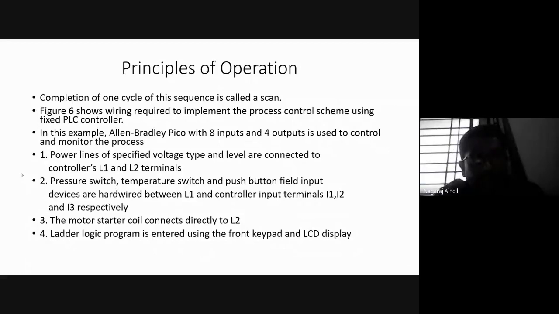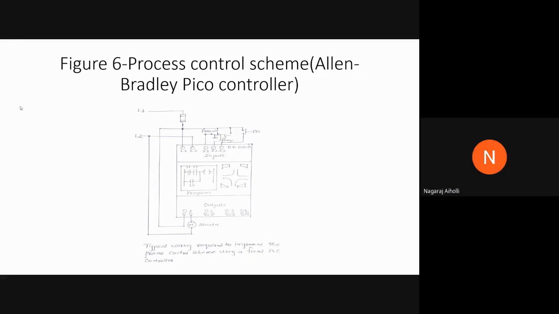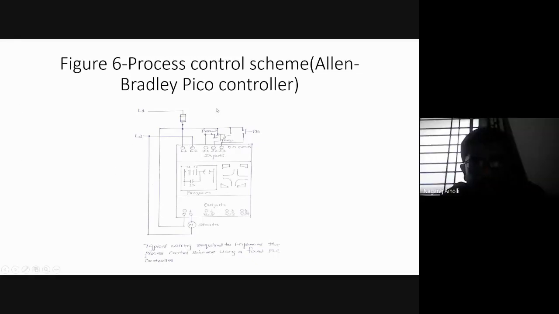Next we will see, students, what a fixed PLC controller is. This is the fixed PLC. There are two types of PLC. One is called fixed PLC. It is given this name because all are inbuilt. The input module, the output module, whatever different modules are there, they are all inbuilt into the PLC, and hence it is called a fixed type of PLC. This particular PLC is given by the manufacturer Allen Bradley. Allen Bradley is the name of the manufacturer who has manufactured this particular PLC, and it is a Pico controller.